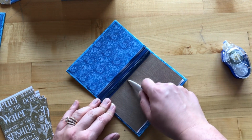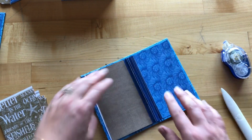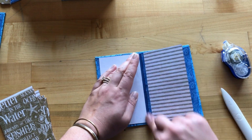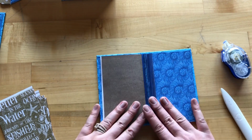And then once you have it where you want it to go, burnish that down. And you've got another page. So we're just going to do every other one. So next it'll be